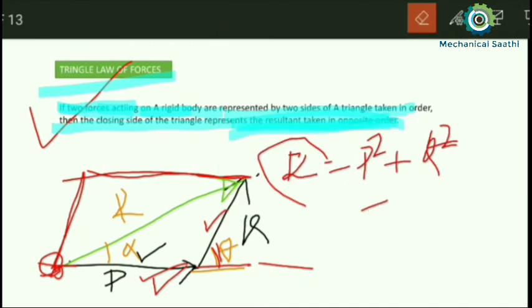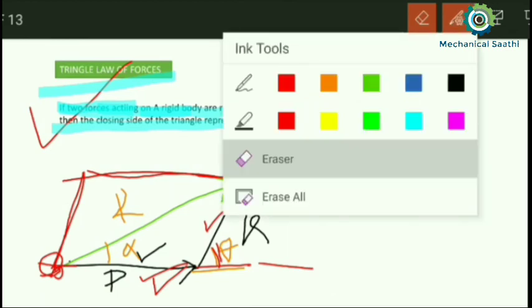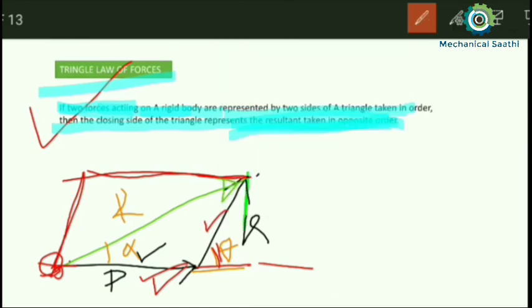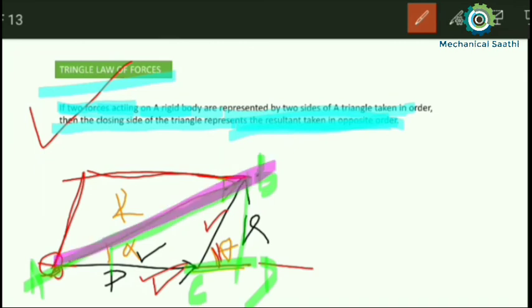So let me tell you about this. You can do it by yourself, okay. See it. If we try to draw a triangle over here, let me name it. Let this be a, this be b, this be c, and this be d. In the abd triangle, this angle is alpha, and we need to find out the resultant. If we can find this value and this value, we can find the value of r.